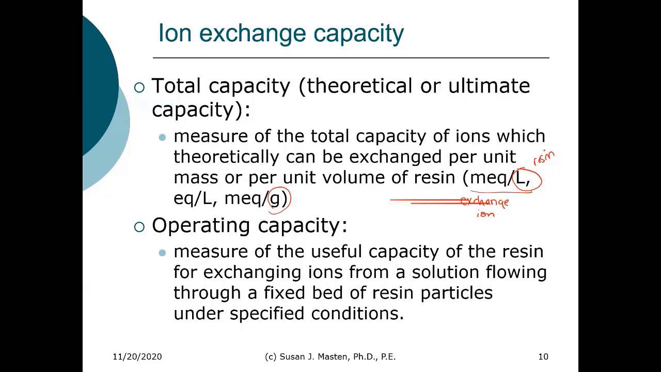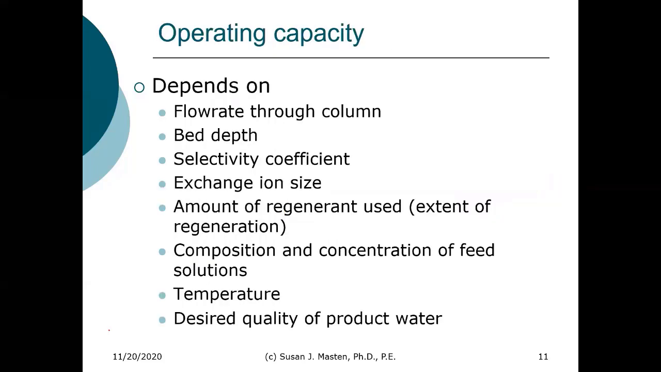The operating capacity, you can think of that as the useful capacity or the actual capacity, and that is what we can actually achieve. So in theory, maybe we could, let's say, achieve 1,000 milliequivalents per liter. But when we actually operate the system, we only find that we can remove 600. And that's going to depend on a number of factors,